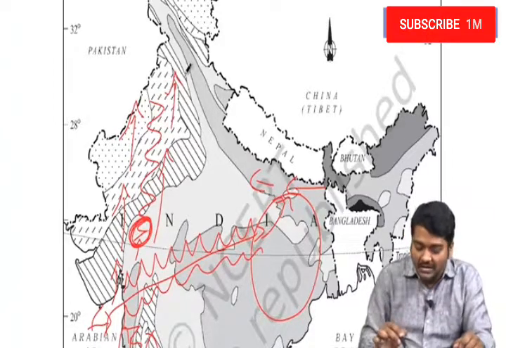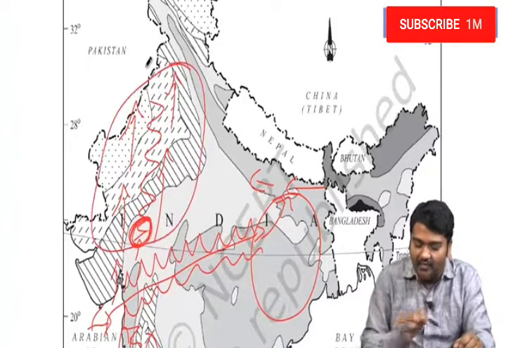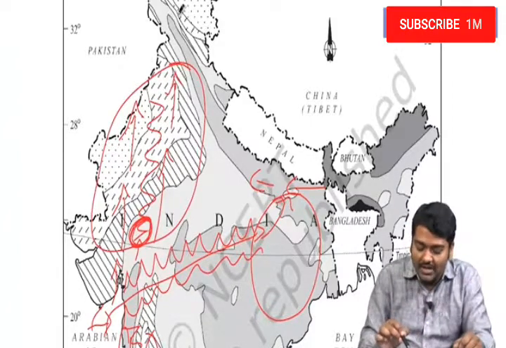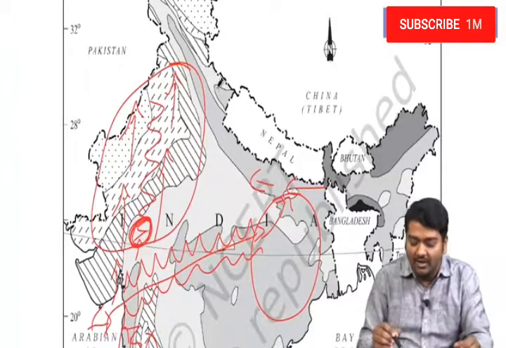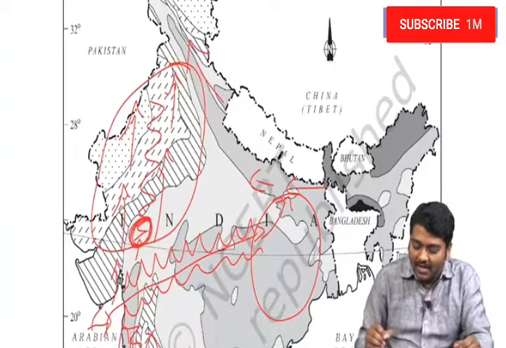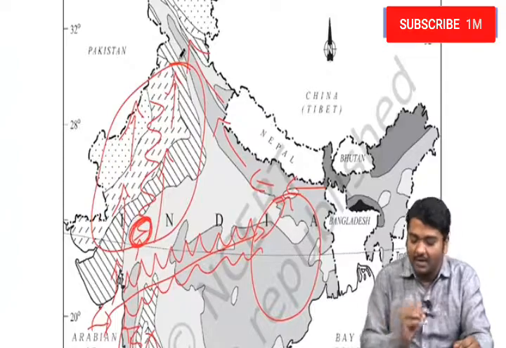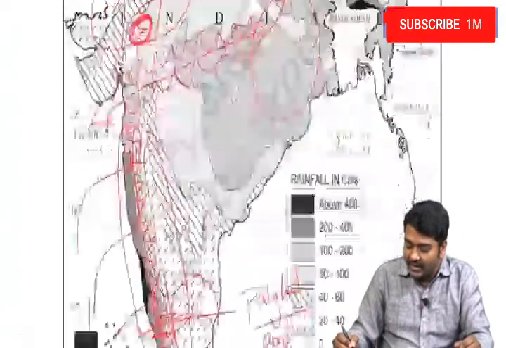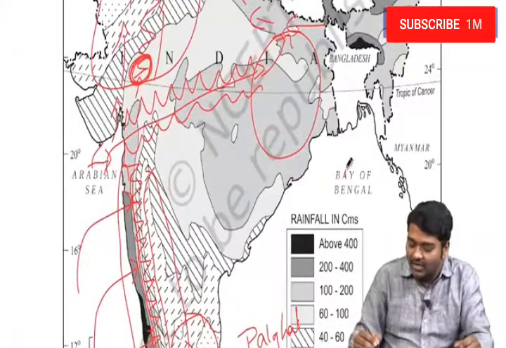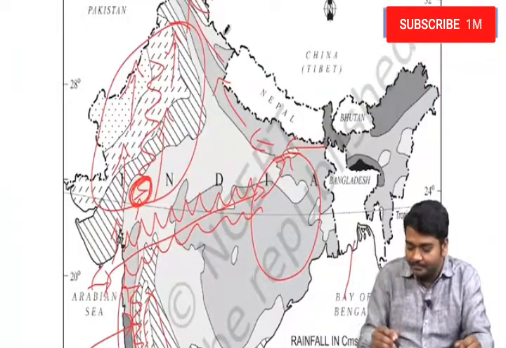Because of this, they won't give any rainfall here. They usually give rainfall, or they move parallel, and this region doesn't give rainfall, and here they usually meet the Bay of Bengal branch. This is one important thing. Then when I take the Bay of Bengal branch, I usually observe that you have